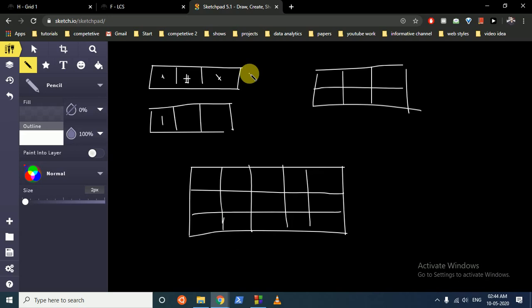But let's assume there is only one row and there is a hash. Then you cannot go on, because if there is only one row and there is a hash in your path, you cannot go beyond it to the right, because there is a wall here. So if you encounter a wall and there is only one row, then the answer will be 0, and from now on the answer will remain 0. So there is no path.